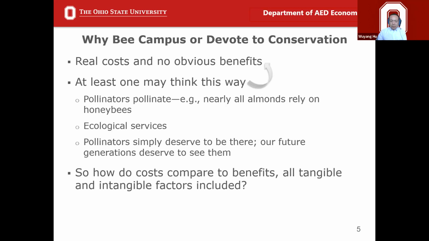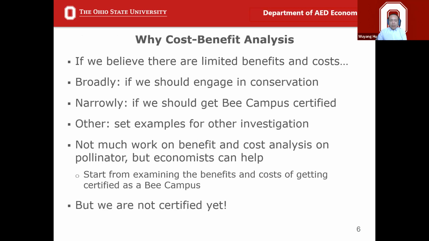But the problem is this: we want to do a cost-benefit analysis. We need to make sure that the costs and benefits are limited in a way. Why do I put this sentence up front? Well, that is because some folks would agree that some of the benefits or costs cannot be measured by money. For example, a person's life. Some folks will argue that a person's life is priceless. It cannot be measured by a dollar value.